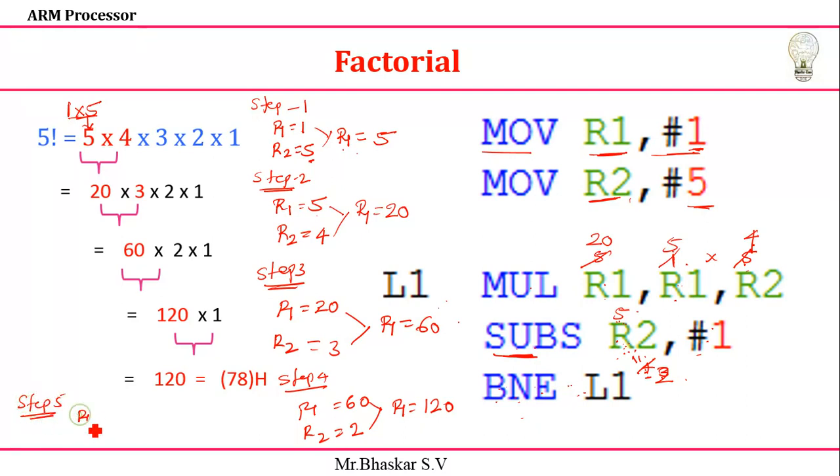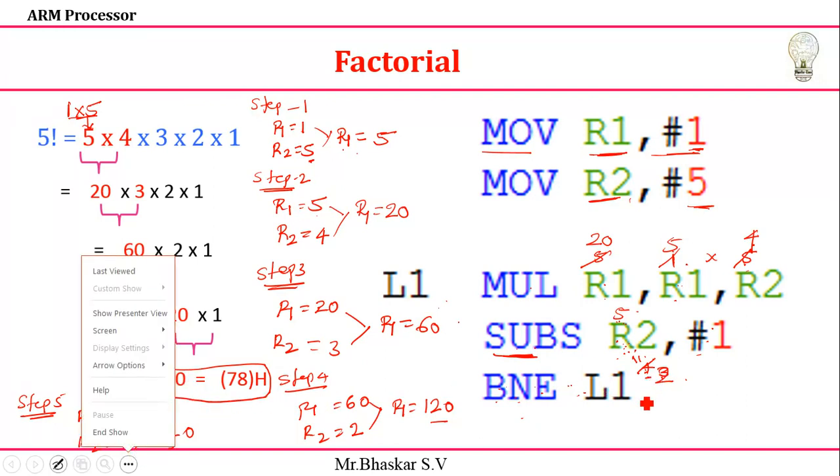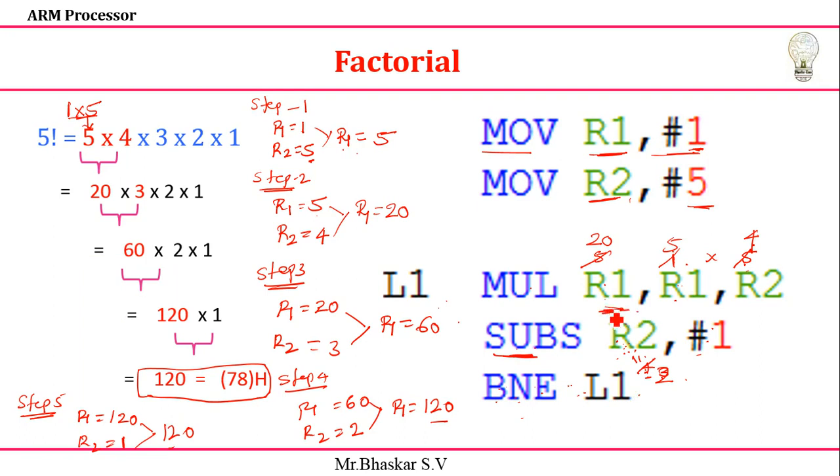So R1 value in this case this value 120 it will come to a picture. R2 value now it is equal to 1. So sorry, R2 value now 120 into 1 I need to get it is 120 only. So finally what I am getting this is the values. Okay. So in this way I'll get my result and final result we are going to store in my R1 resistor, 120. Next if you go to here what happened, so you already having after subtraction you have a 2.